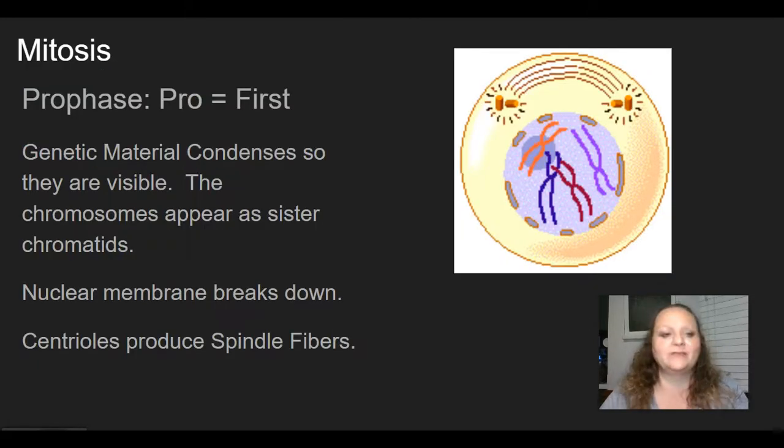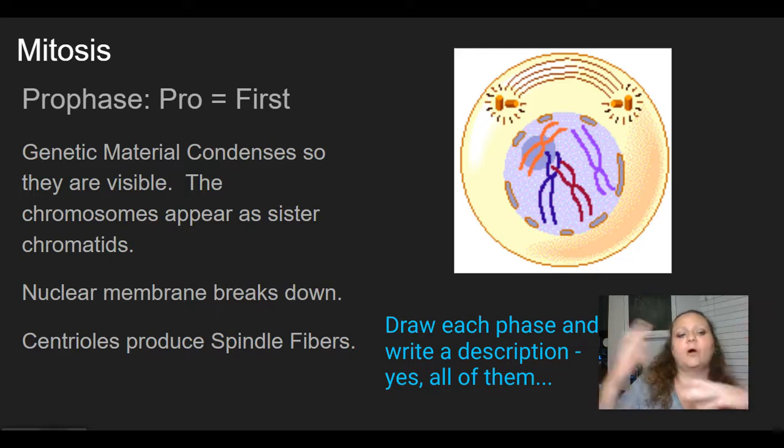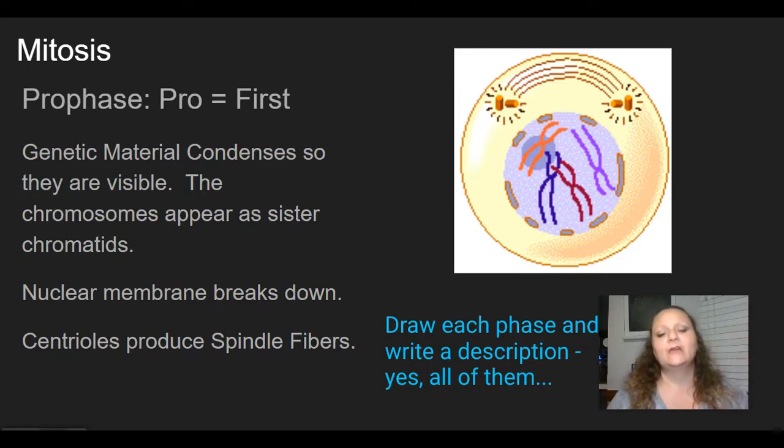Okay, so let's talk mitosis a little bit. There are 4 phases to mitosis, and I'm going to go through each of these phases with you. So this is after the cell has gone through interphase, and it's now ready to divide. It's made copies of all of its DNA, it's made copies of the organelles, and it has reached the point where it's created all the spindle fibers, centrioles, all the things that it needs so that it can divide properly.